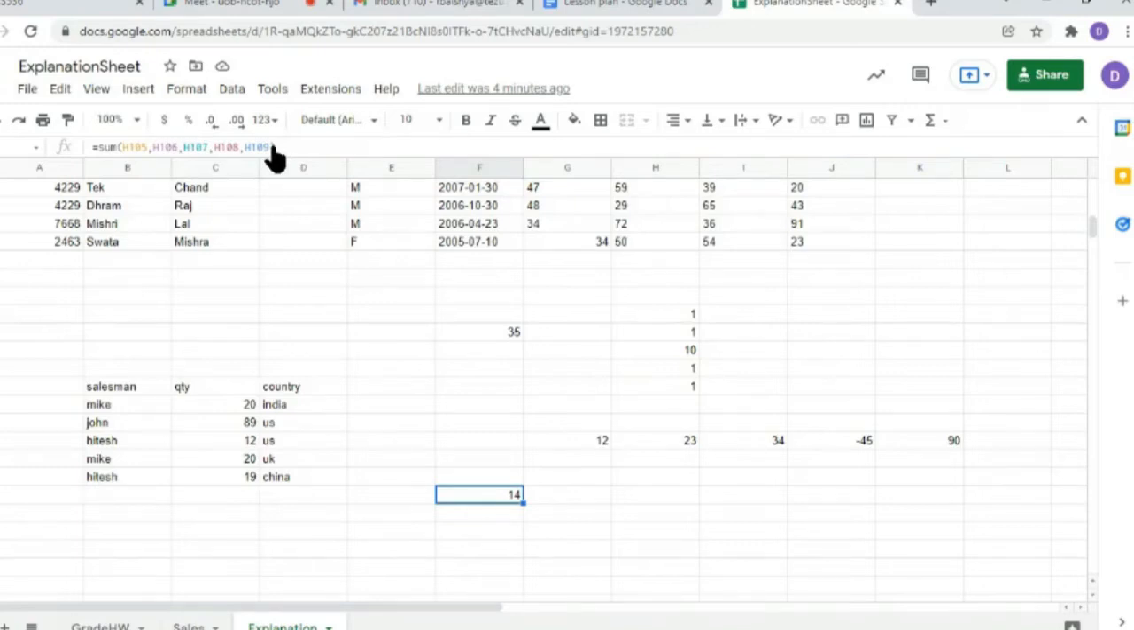You can always write it in that way, but there is a shortcut available. See here, these cells are in a continuous form. Column H, row number 105, column H, row number 106, one after another. So we can mention all these different cells